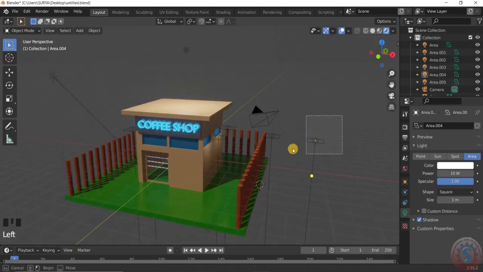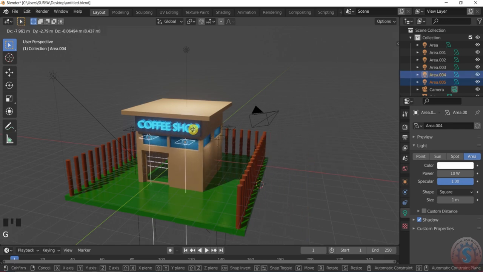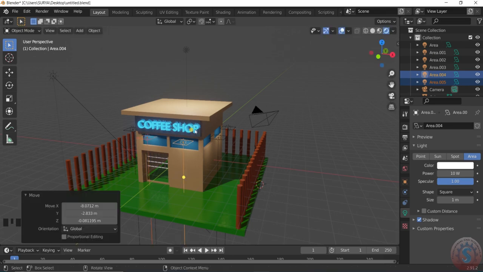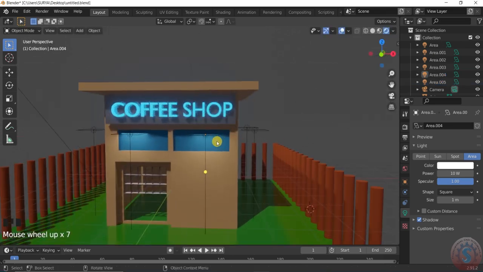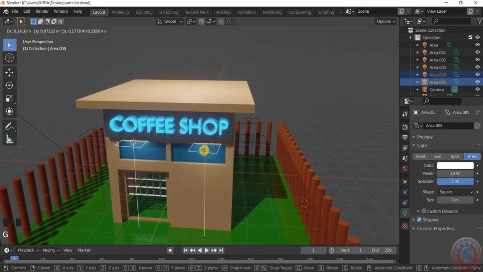And go into the G option by selecting these two, by clicking on the shift and go into the G. Here I want to place the lights here. You can place the lights by pressing on the shift keys. You can also adjust the